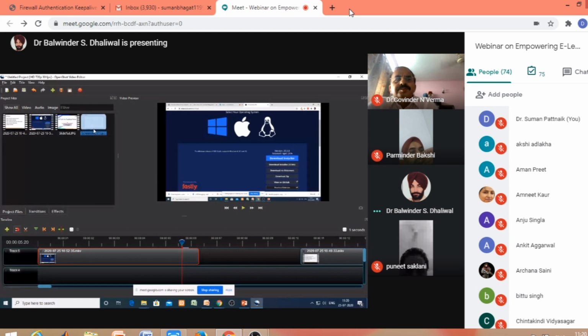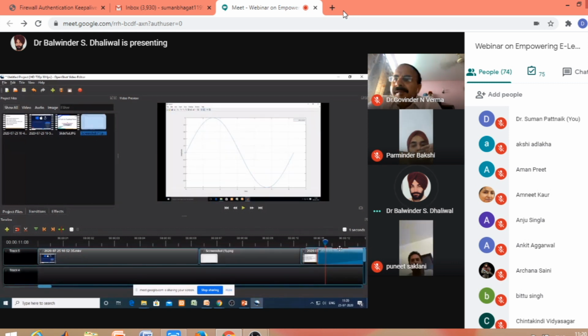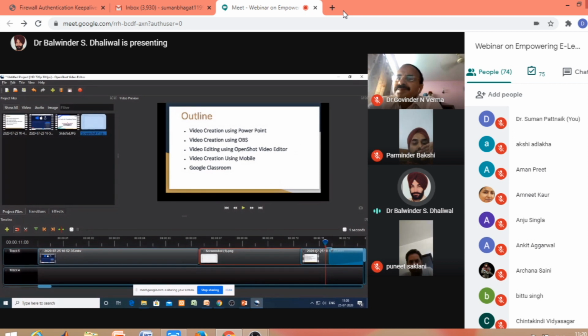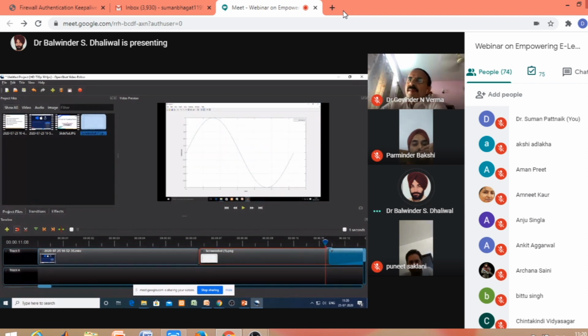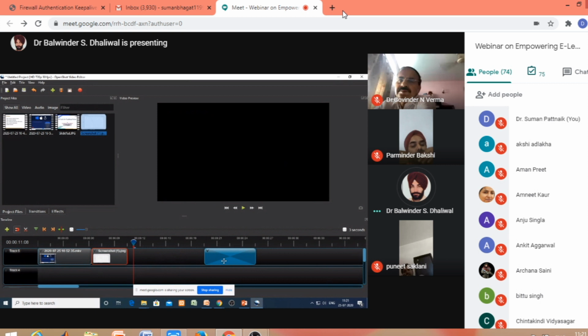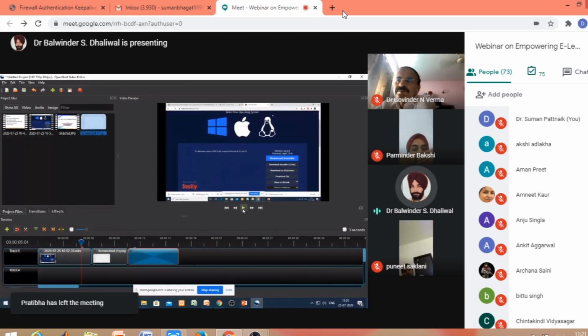This way, we can even change the duration of the image. This is one particular duration of the image. This duration started from 6 seconds to roughly around 16 seconds, and we can change the duration of the image by selecting it on the timeline. Now if we preview again, we'll have the first video, then the image will be inserted, then after the image, the second video will start.